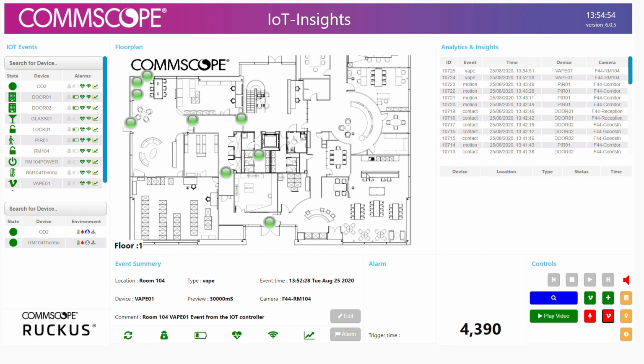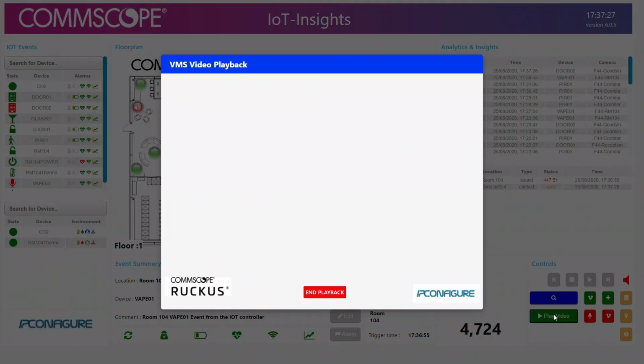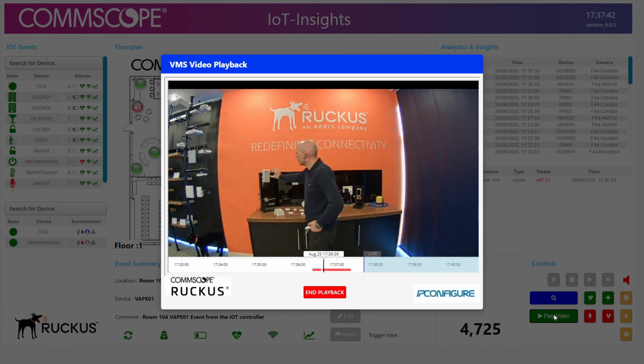Now, in addition to vaping, we can also do exactly the same functionality for audio alarms. So the system can detect when a bullying alarm happens. So here we've just detected that a sound has been triggered, or a sound threshold has been triggered. So again, we can open the video, we can see the sensor, we can see the microphone on the sensor,